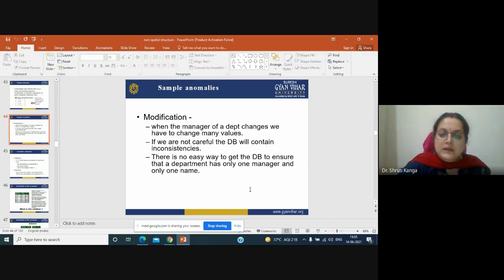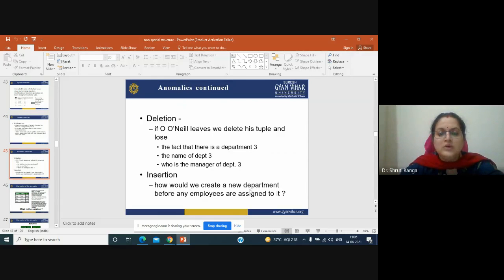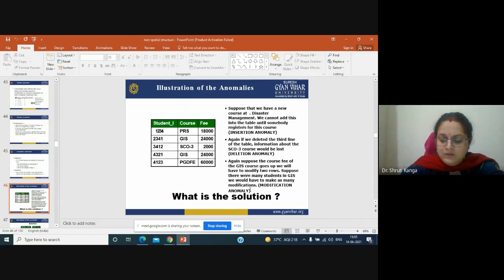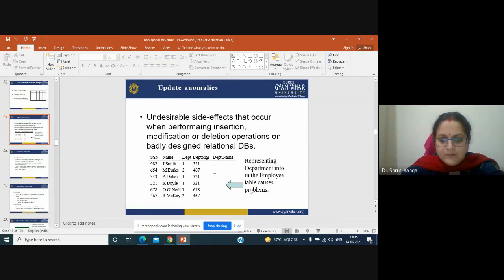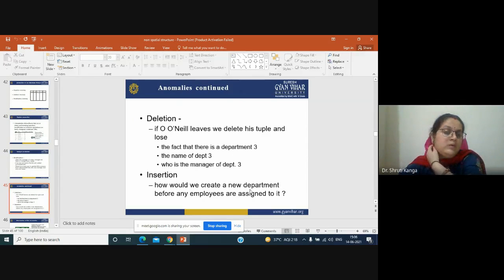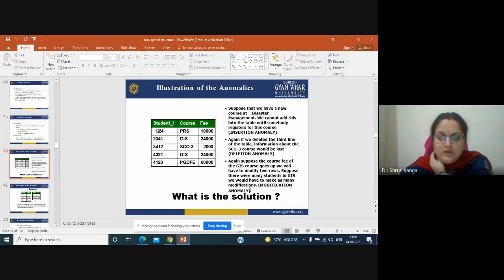There is no easy way to ensure that the department has only one manager and only one name. So deletion, insertion. Earlier the table was this. Now the anomalies continue related to deletion and insertion.